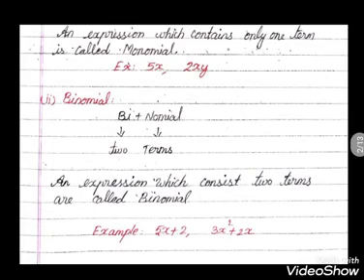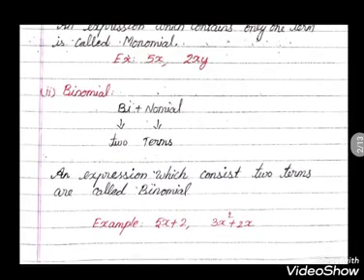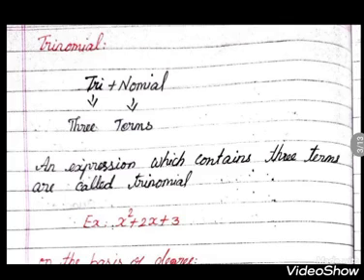The same way, what is meant by trinomial? Trinomial can be split as tri plus nomial. So tri means 3, nomial means terms, and an expression which contains 3 terms is called trinomial. So x square plus 2x plus 3 is the example. Here x square is one term, 2x is another term, and 3 is another term. They are separated by the basic operation plus. So we take it as 3 terms. So we say it is trinomial.